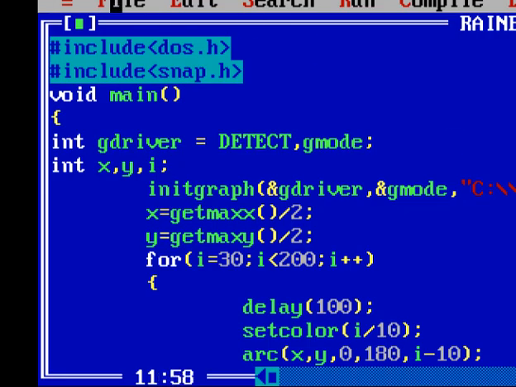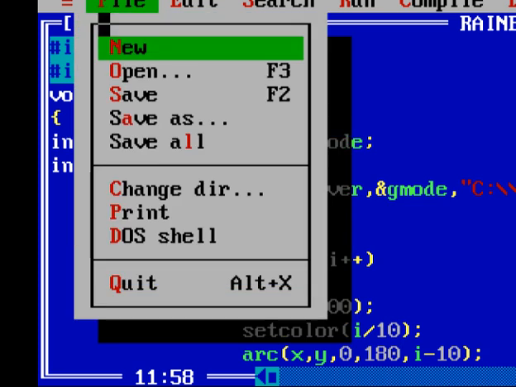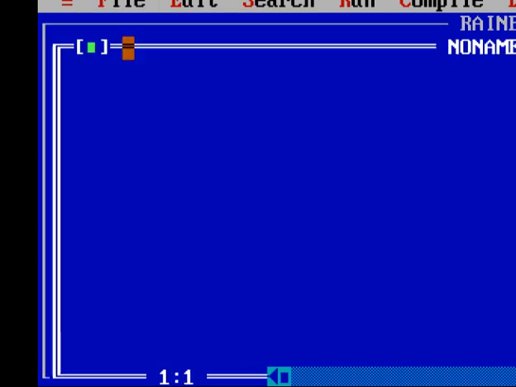Click on the File menu, New. A new file is opened.